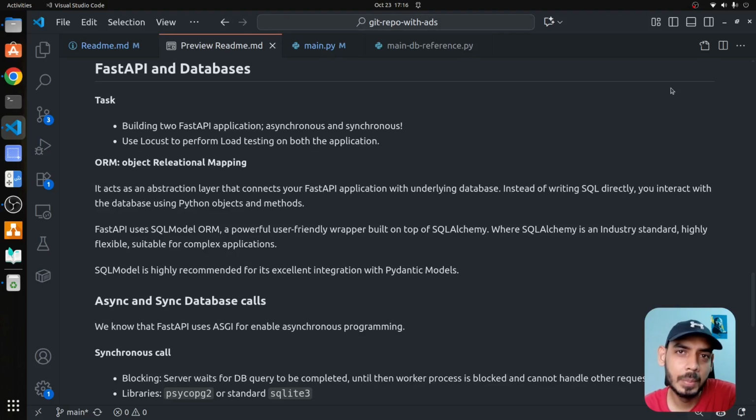In this video, we'll be talking about FastAPI and databases. So we'll be building two FastAPI applications. One is synchronous, the other is asynchronous. And once we have built those applications, we'll be using Locust, a load testing tool, to test those applications and understand what will happen when there is high traffic and where there will be more failures in terms of handling